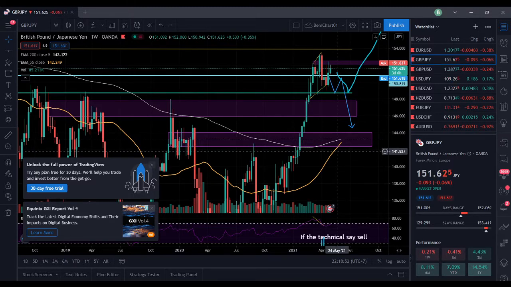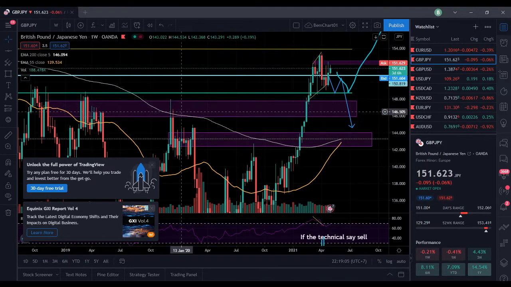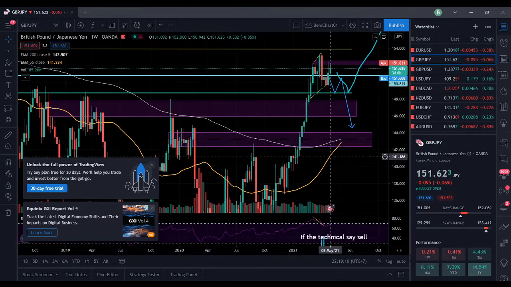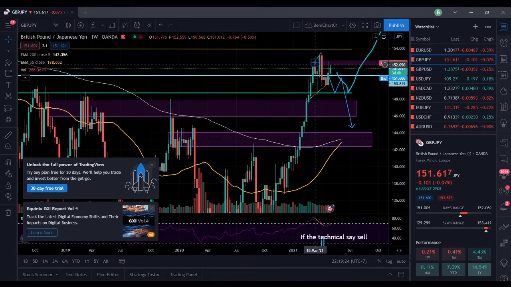My expectation is, because it made a few red candles, down candles, bear candles, and went up again, I'm trying to see if it will try to go back to the 55. So this yellow line here is the 55. More likely, if it goes up, it will try to meet that 55 before going up. So because it crossed already this 200 area, went straight up,